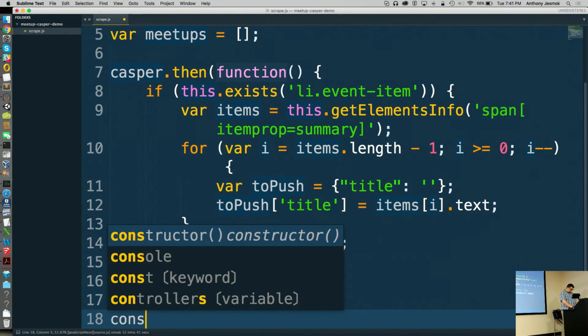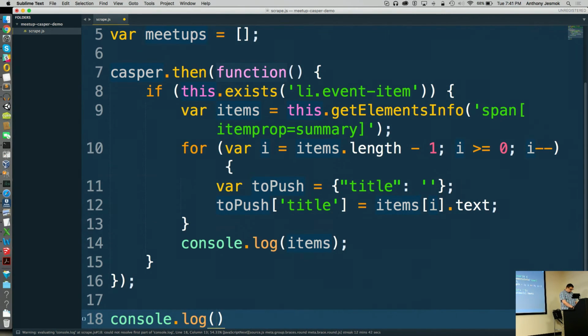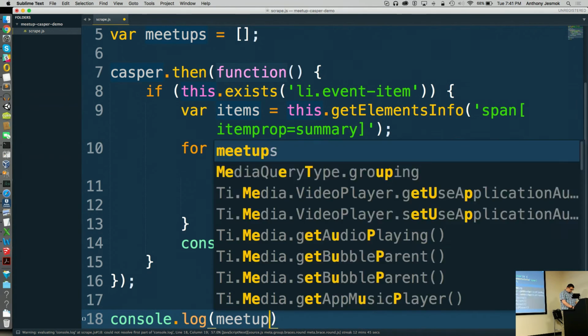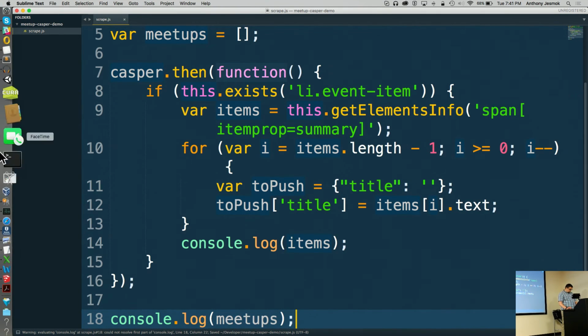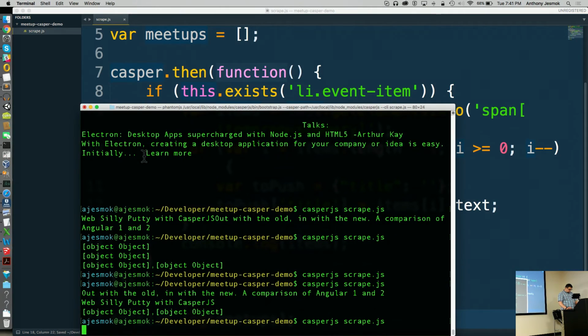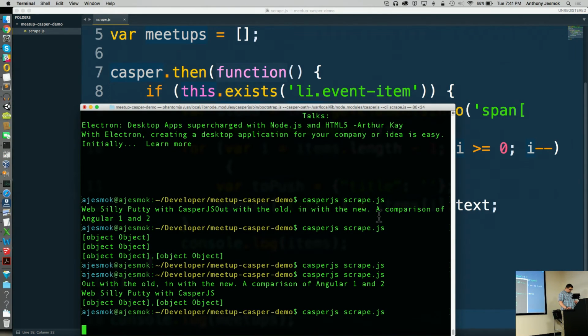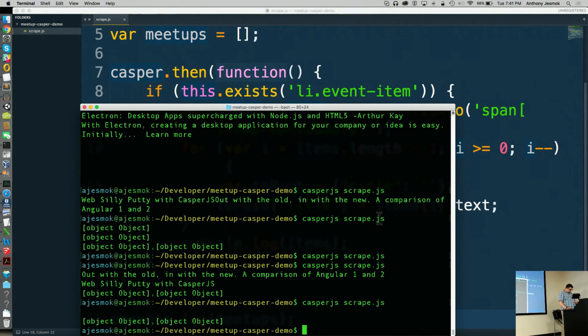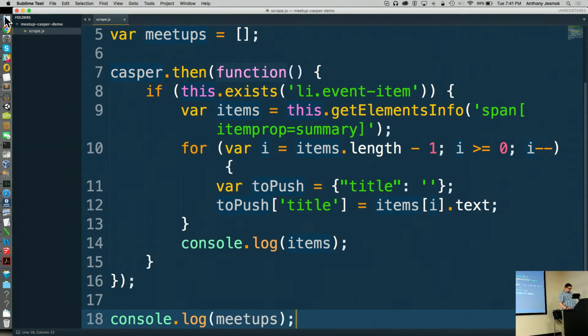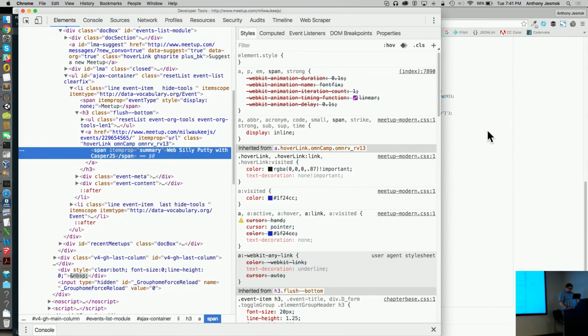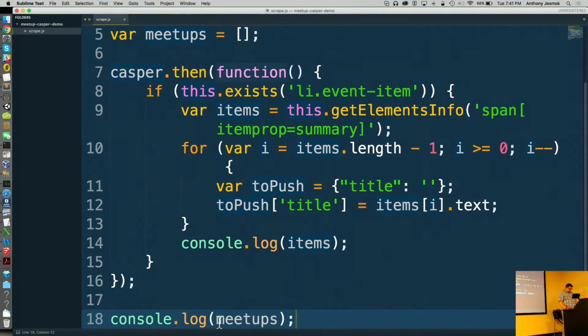JavaScript. Meetups. And so it is now spitting out each object. So I'm going to do JSON.